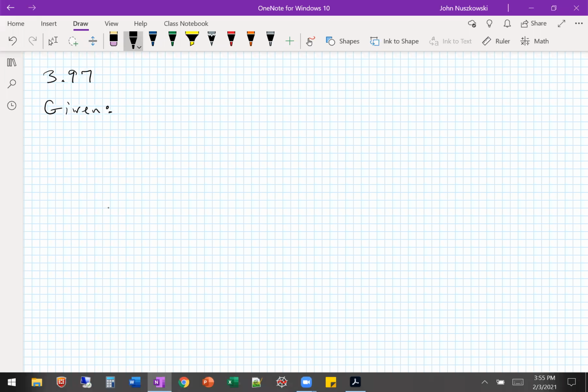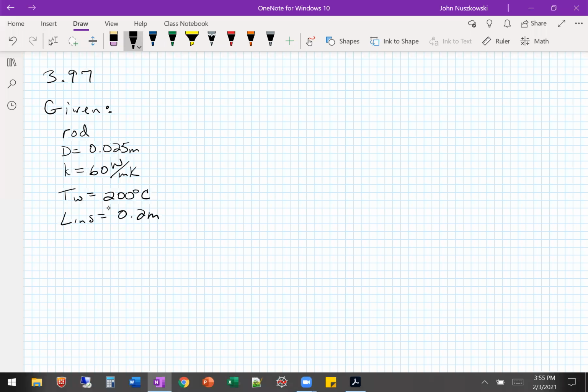Okay, so we're given a rod. It has a diameter of 0.025 meters. It has a thermal conductivity of 60 watts per meter Kelvin. The temperature of the wall is 200 degrees Celsius. The length of the insulation